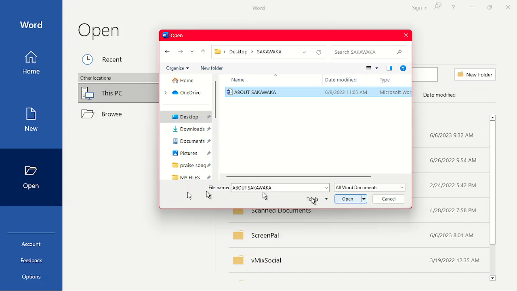Before I do that, let me tell you that all this, I will talk about the account, feedback and options in the advanced part of this course. So if you want to learn more about it, follow me to the advanced stage. But for the beginners, let's make do with these three for now. So I'll click on open,